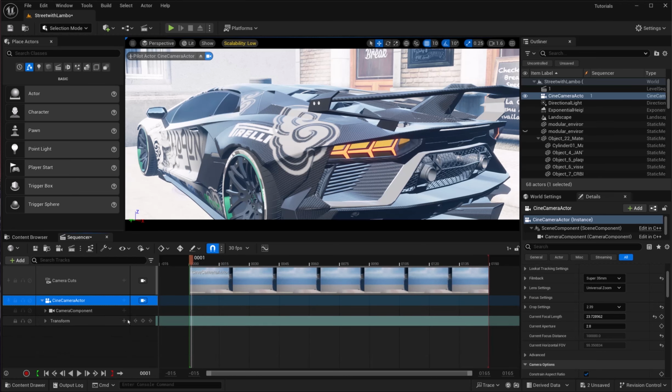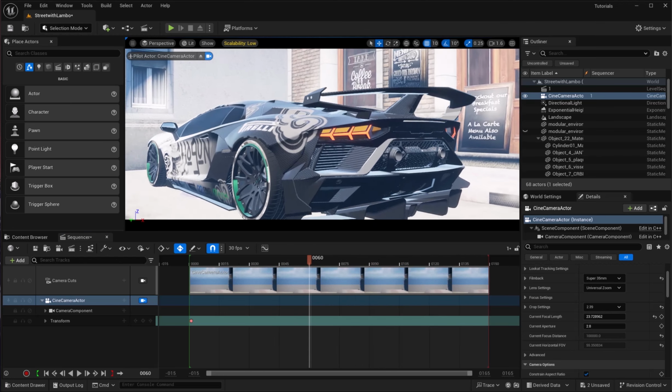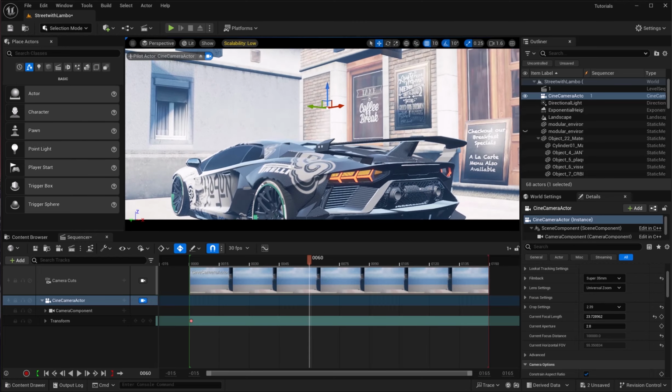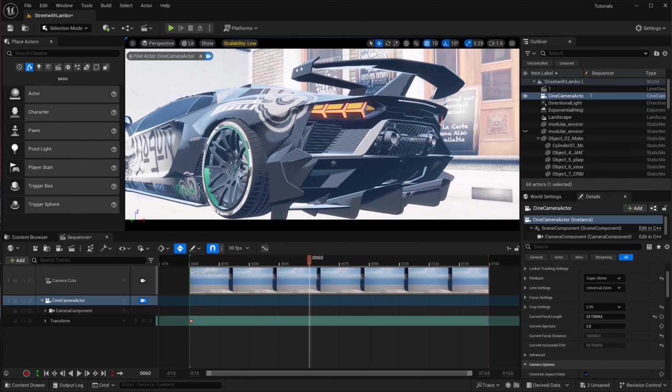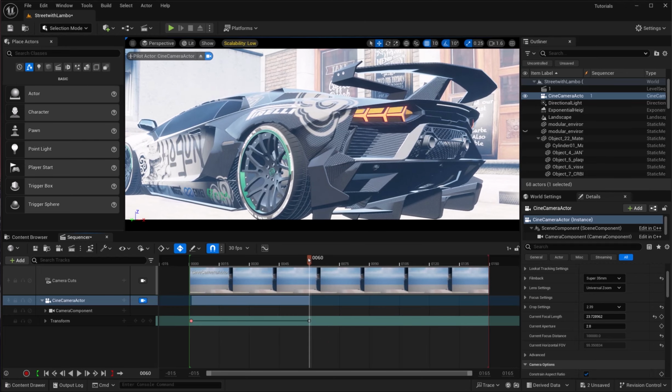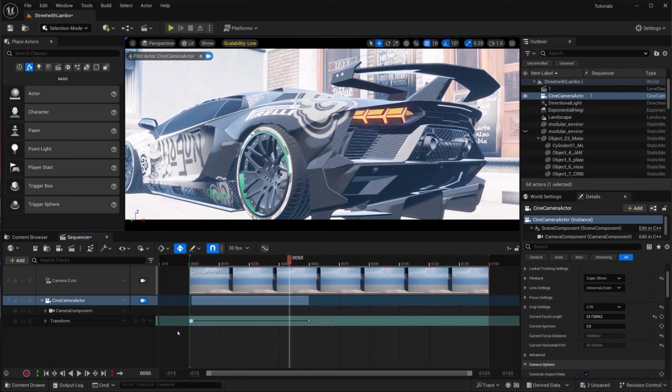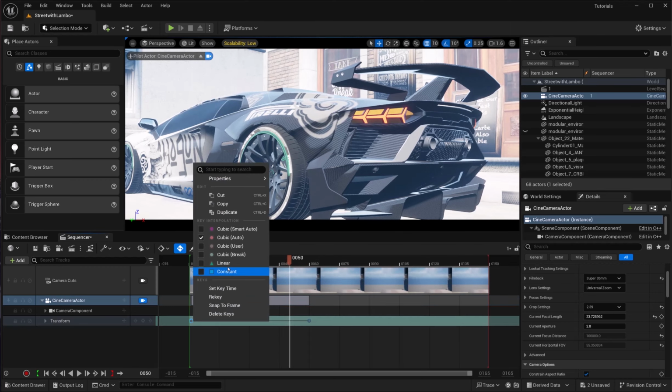So here is the transform key. I'm going to click this key, and on 3 seconds, or we can say 2 seconds if it's 30 fps, I'm going to zoom out a little bit, something like this, and it will automatically generate a keyframe. So make sure it's in a linear path,